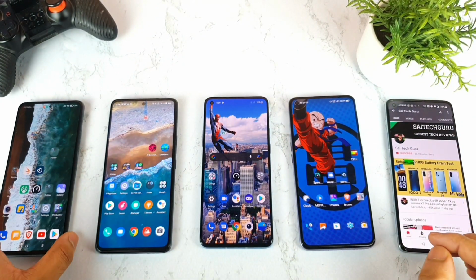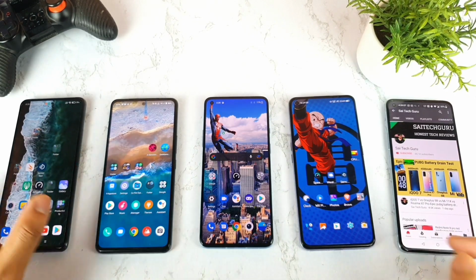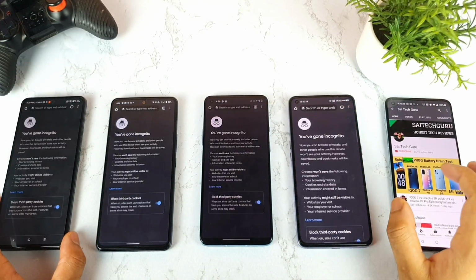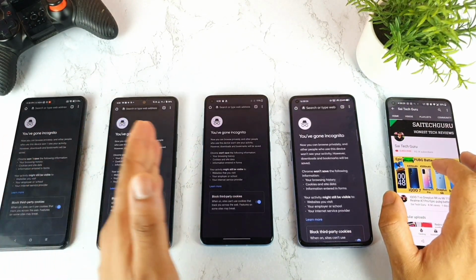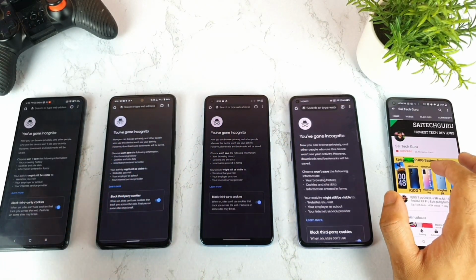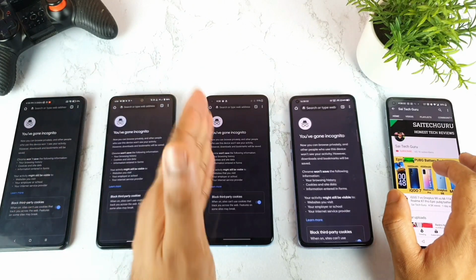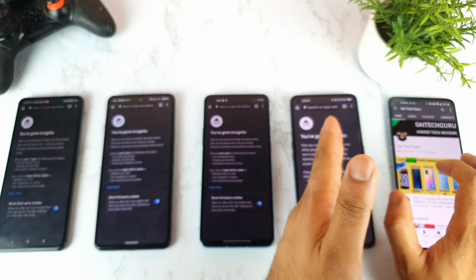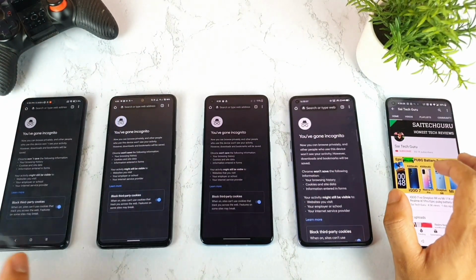Now, friends, let me open the Google Chrome incognito window and keep it ready for you all. As you can see, right now the incognito window is turned on in all four smartphones. Now let's see what will happen. As I said, Mi11X, IQ7, OnePlus 9R and the Realme X7 Pro. Don't forget the phones which you are seeing right now.